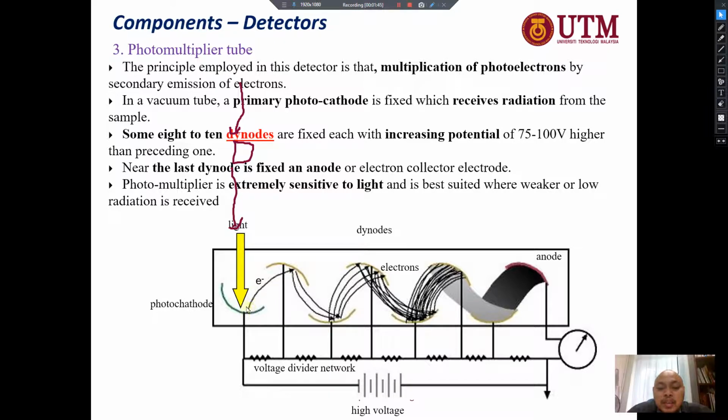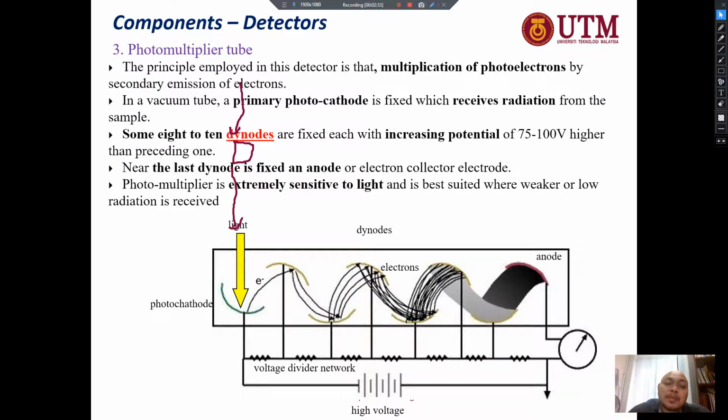So for example, a single electron reaches another diode, so it will multiply: 2 multiplied to 4, 4 multiplied to 8, 8 multiplied to, for example, until 40, something like that. So instead of only one electron, it will reach the anode in ample amount. Let's say you have 1000 electrons, it becomes 2000, then 4000, 8000, 16,000. So it increases the sensitivity